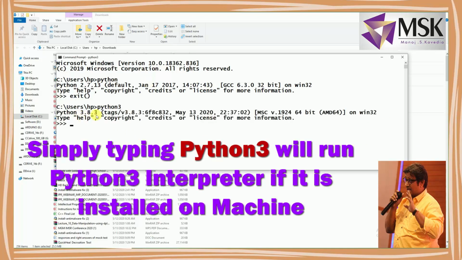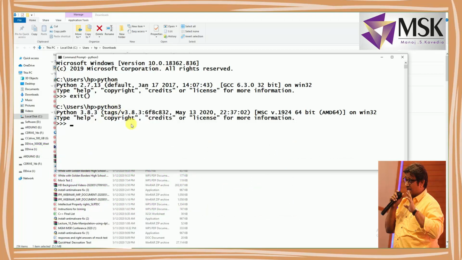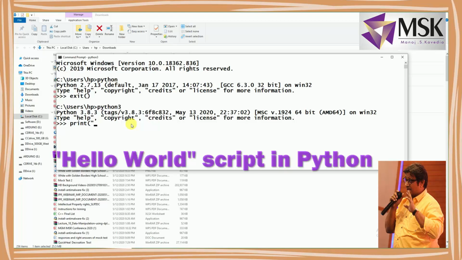So if you just write Python, it will run the interpreter of Python 2, and if you write Python 3, it will run the interpreter of Python 3. So here you can just write print hello world, and press enter.